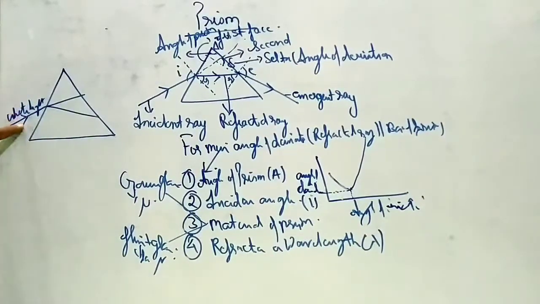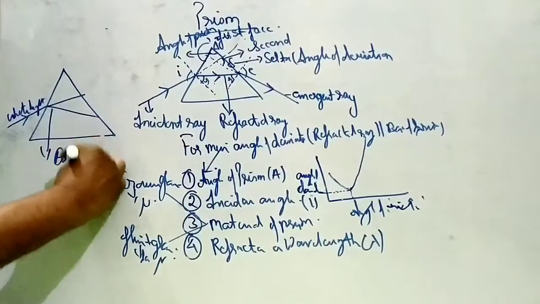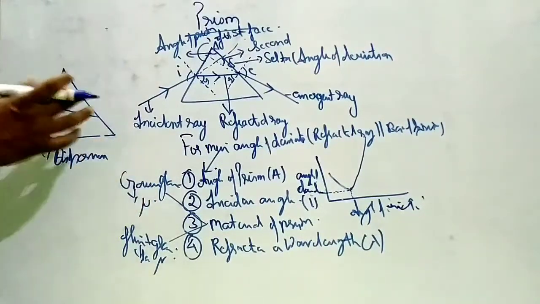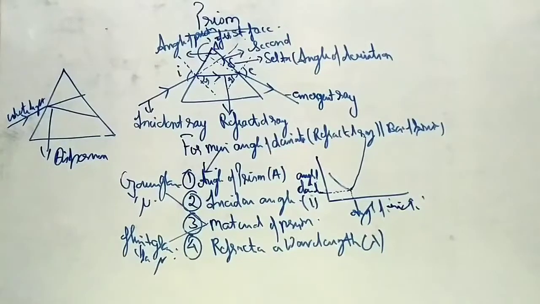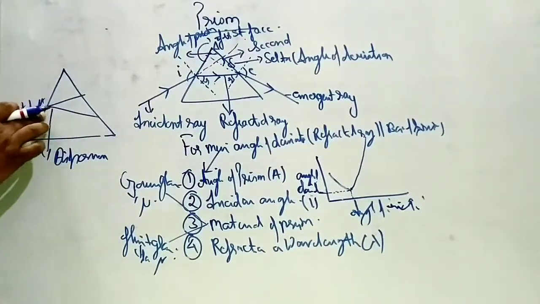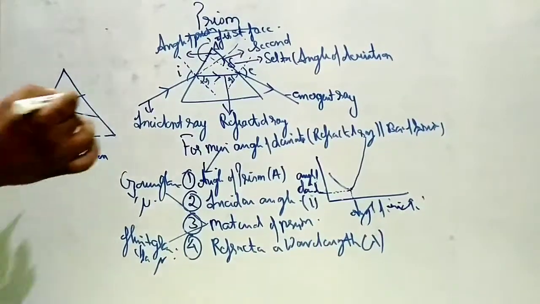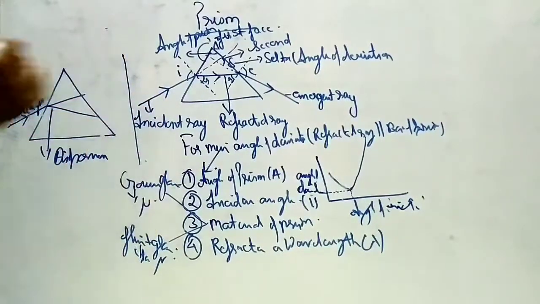So when the ray of light enters into a denser medium, its speed changes. So all the 7 colors will move in different directions. So they get dispersed. This phenomenon is called dispersion. When white light gets dispersed into 7 constituent colors, it is called dispersion. It is because the speed of light changes when it enters into a denser medium. All the 7 colors have a different speed of light.